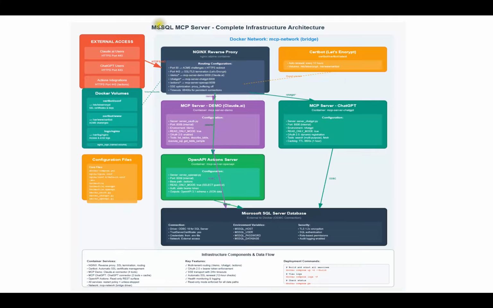Then we had a container. By the way, everything is running in a Docker Compose project. So we had a container with the NGINX, we had another container with the Certbot, and we can have 3 different containers that all of them are accessing different databases, the virtual databases in a MS SQL